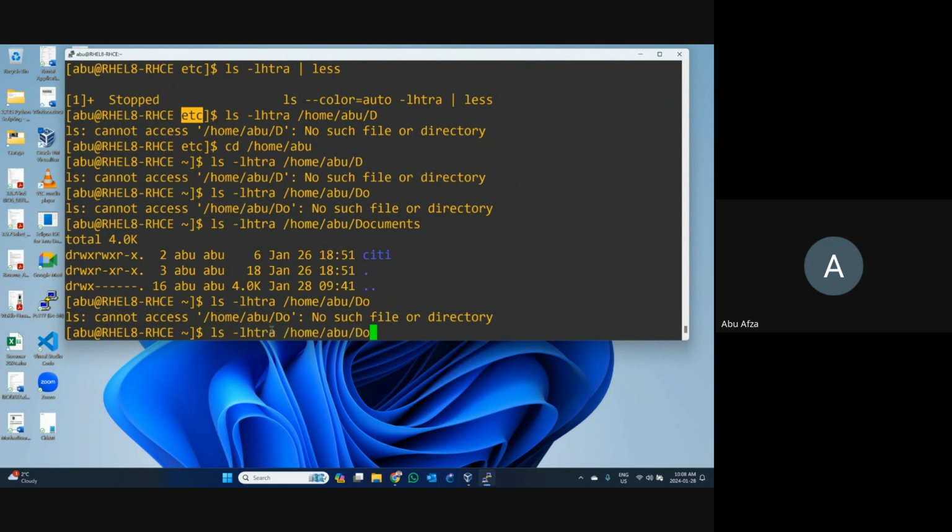If you want to know how many files and folders are under this Documents. Okay, let me change the path first, and we can use it. No problem. Where is the Documents? Documents. Oh no. Okay.